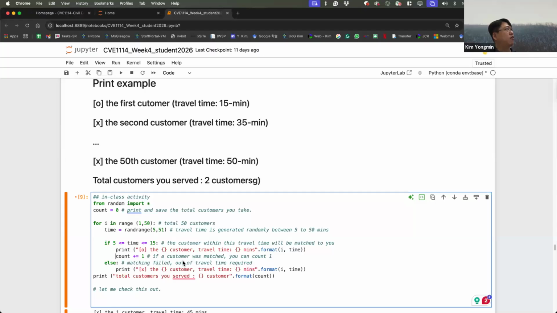Otherwise, if the time is out of the range, then these customers won't be matched to our Grab driver. And then the total customers you served is printed using dot format counts, only matched customers.